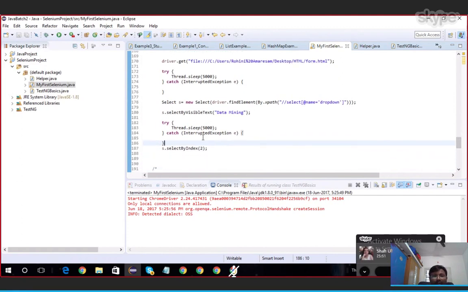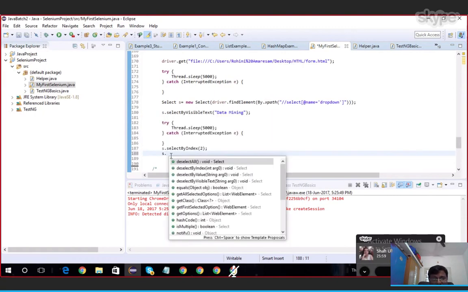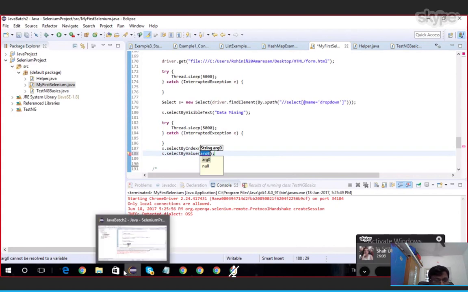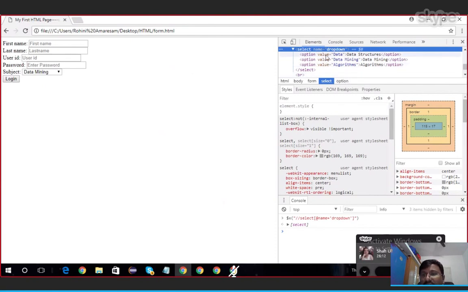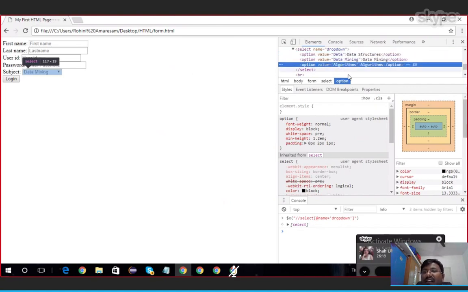To select elements in that drop down box, two ways are there, and a third way is also there: select by value. See here, when you see the source code, the option tag has something called value. Based on this value also you can select.